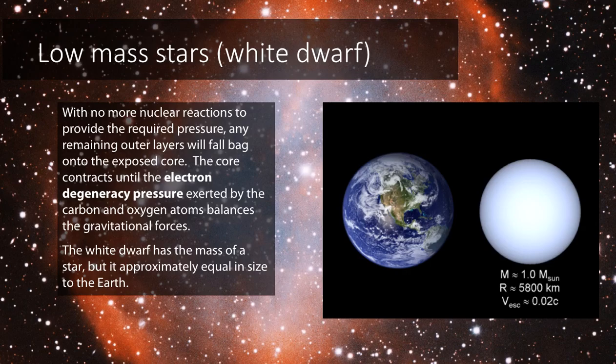Obviously, that mass will be somewhat less than the mass of the star that created it. I predict that our sun would create a white dwarf with a mass of half the mass of our sun. But whatever the mass is, it will be approximately the size of the Earth. In fact, interestingly enough, the more massive the white dwarf, the smaller it is,